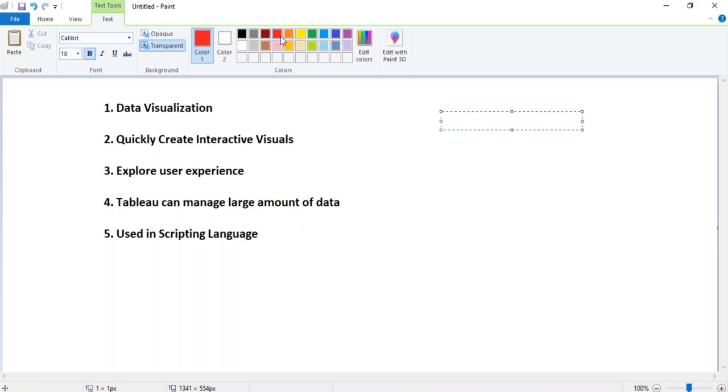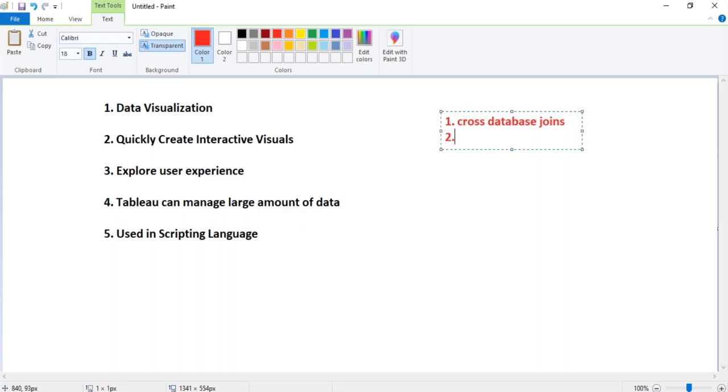Then, how to utilize the data of Tableau? What is the important strategy for utilization of Tableau here? The first thing you need to understand is what you are going to do with the database using Tableau.